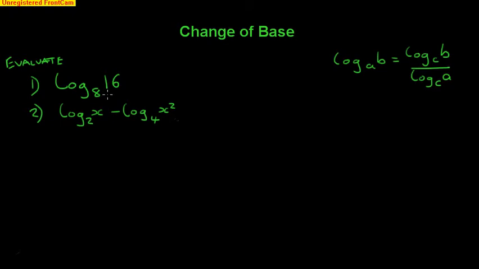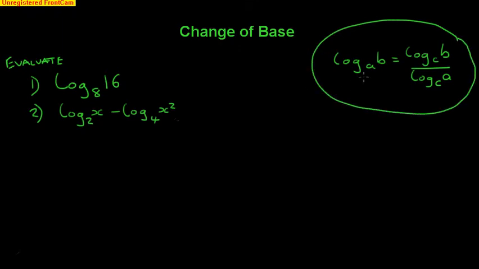So I'm going to change this base 8 to base 2. I'm going to do it using the log law, which is over here on the right hand side. That is how we change from one base to the other. This one started off at base A and ended up at base C. So that's the method I'm going to use. Right, here we go. I've got log to the base 8 of 16, and I want to change that to base 2. Log base 2 divided by log